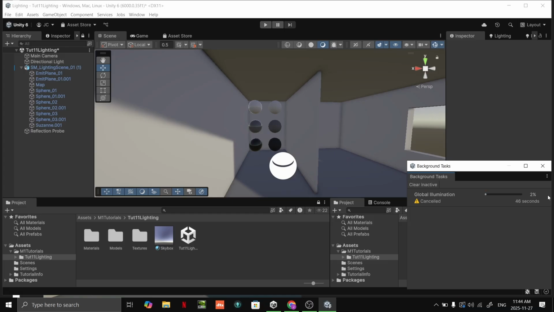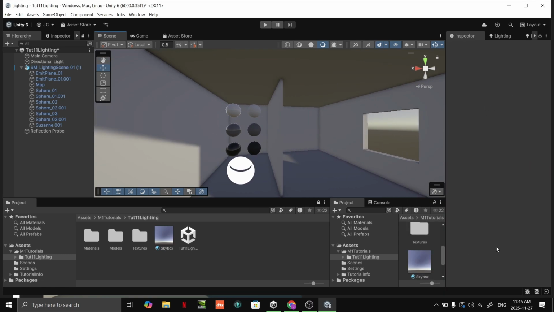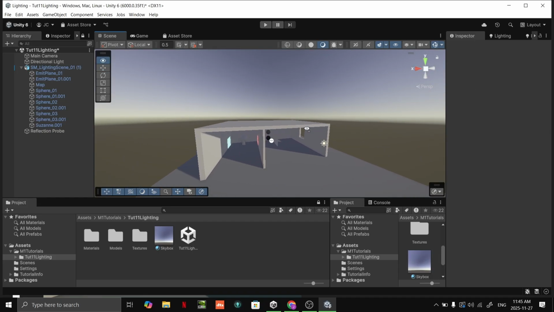I don't know why we're baking global illumination. Okay. So for me, I don't know why it started happening. It started to bake global illumination. You'll see at the bottom right, it might appear. If that happens, you can just disable it for now or cancel it,